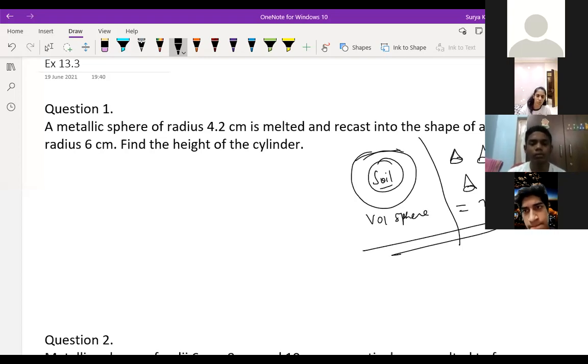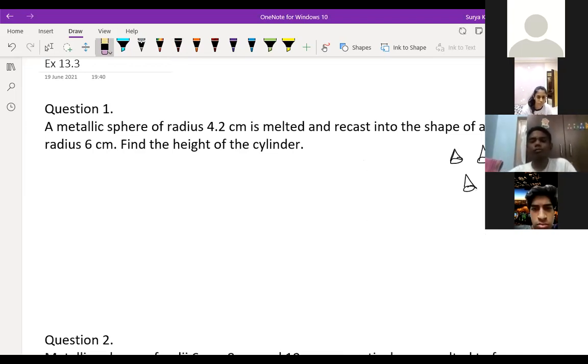They will give that one big sphere is there, and we are going to make small cones. How many cones will be there? So volume of big sphere is nothing but, let the number of cones be X, then X into volume of cone. Then we compare to find the value of X. That's it. This is the only concept we are going to use in this exercise. It means recombination, reshaping of the figures.